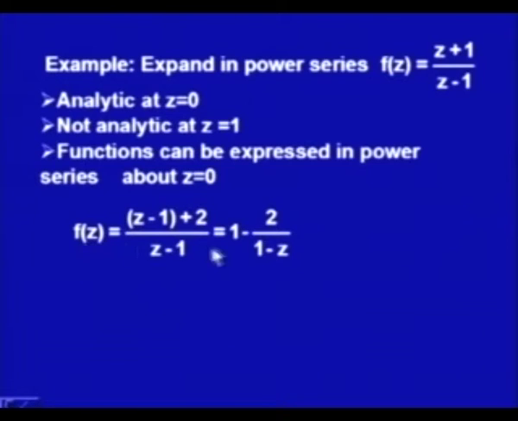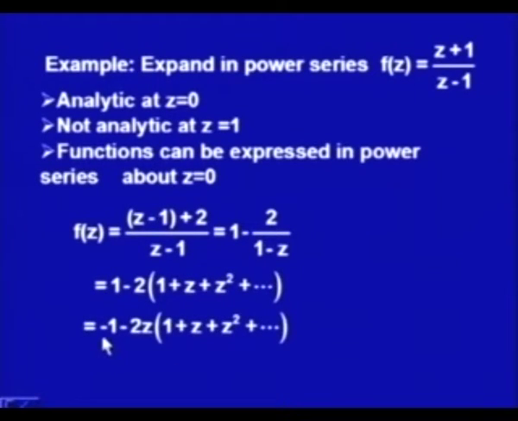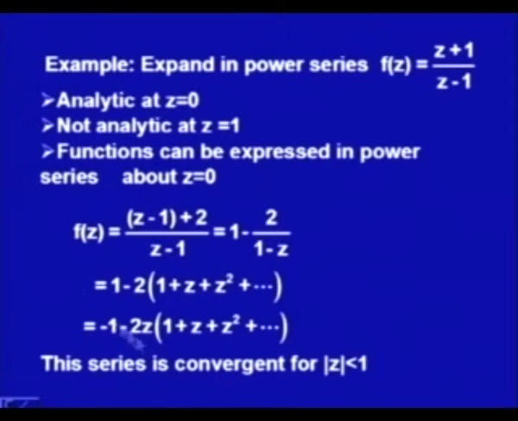So, f z will be given by 1 minus 2 over 1 minus z, and this 1 upon 1 minus z can be expressed in powers of z, and we will have this expansion, and accordingly we will have this after simplification,